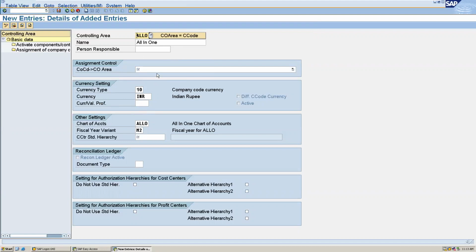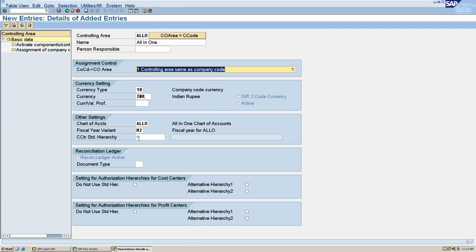If I'm assigning more than one company code to the controlling area, you can use cross company code cost accounting. I'm taking only one company code, so I can give controlling area same as company code.